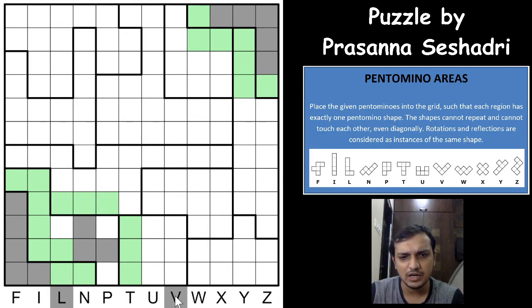So we have marked already the L and V. We can just mark those. Now if you see the 6 cell region here, there are only 2 possible things for the 6 cell region here. Either the U or the P. I don't think anything else can come into this 6 cell region, and which means that all of these 3 cells and these 2 cells will have to be unshaded.